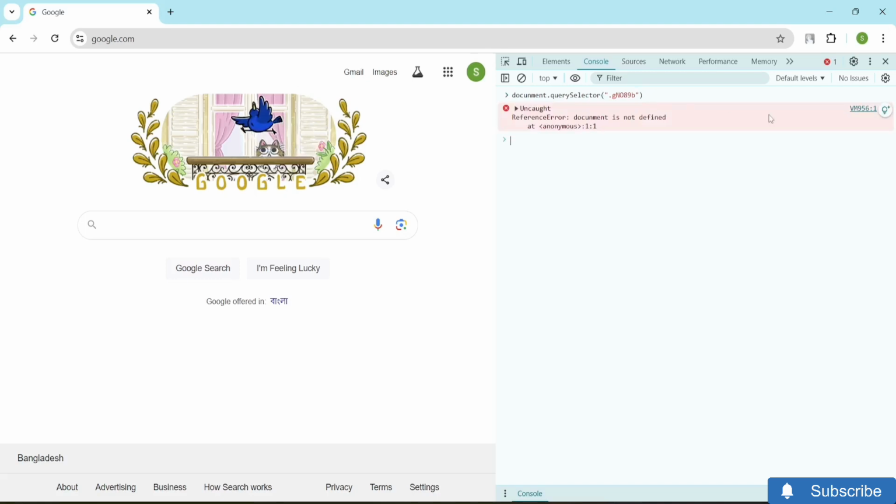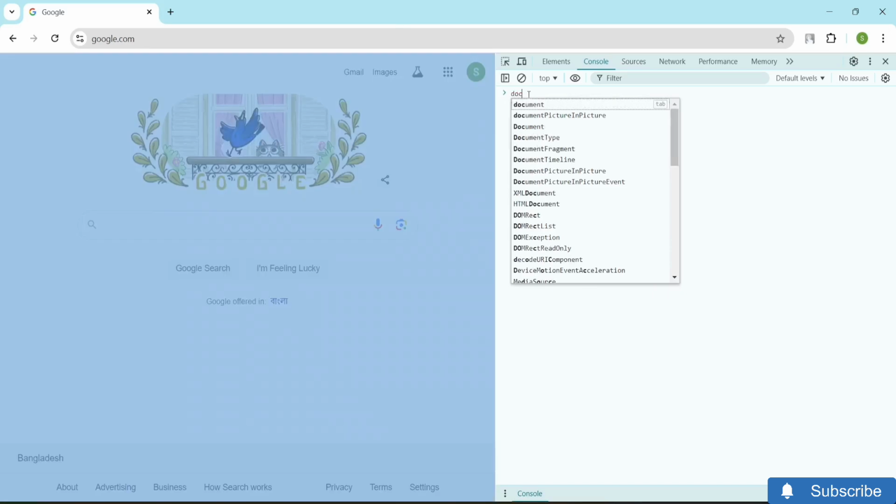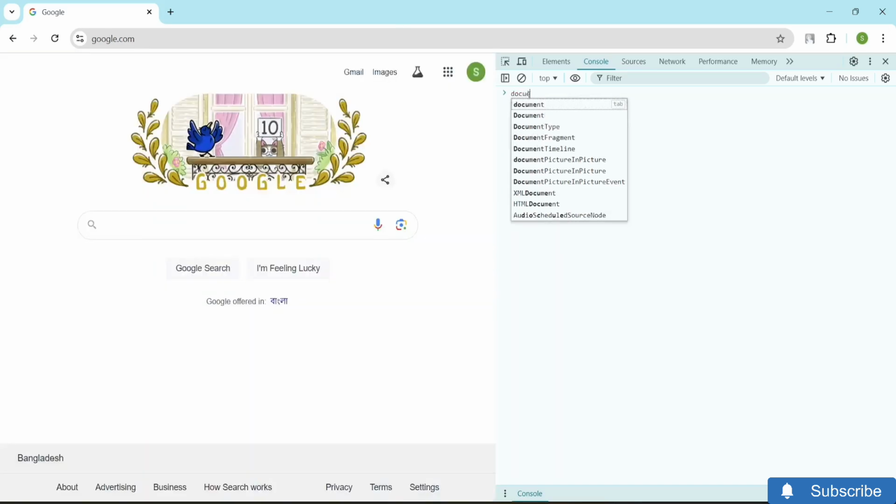selector. And now if I just click on enter, here you guys can see now the reference error: document is not defined. Okay, so here it shows me that this particular document is not defined right over here, because over here under document you guys can see that I did make a spelling error. Okay, so I will just clear the console over here again, and let me just type